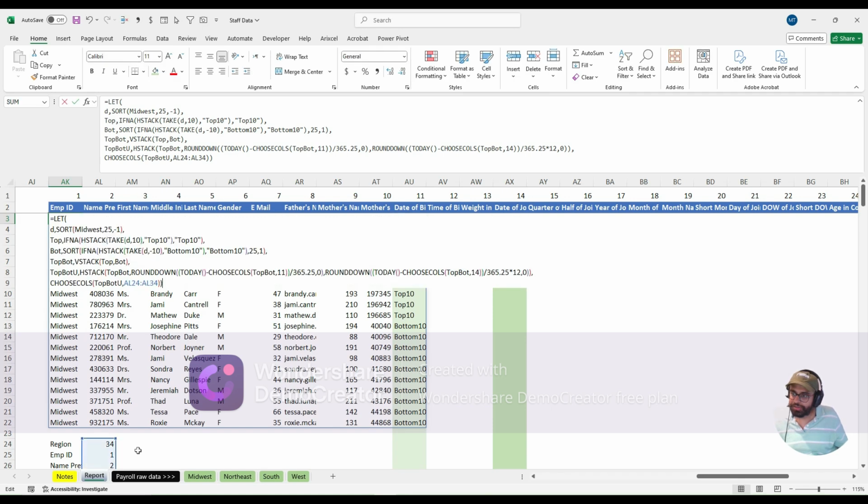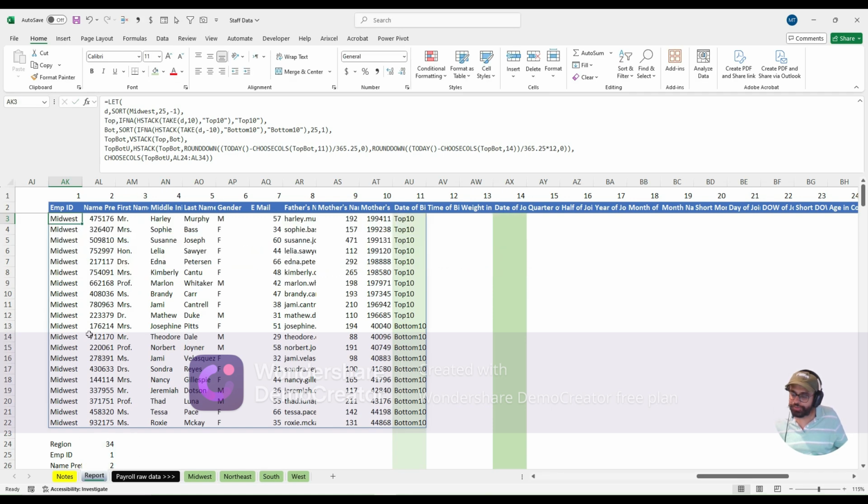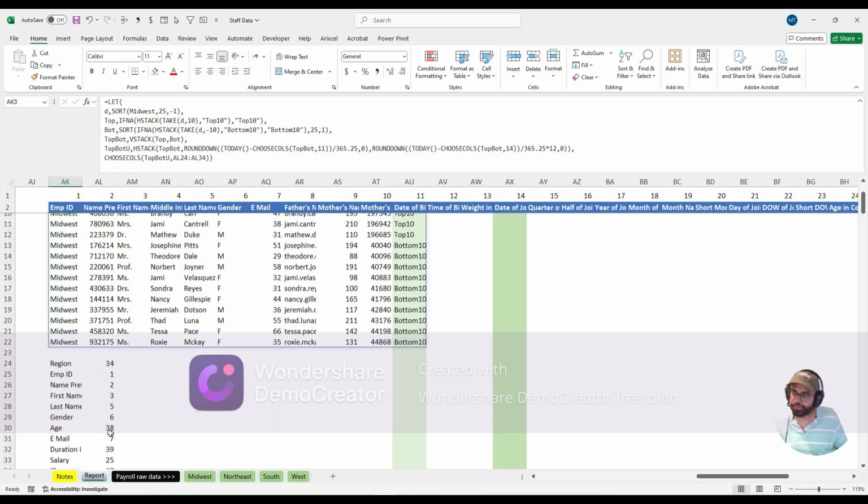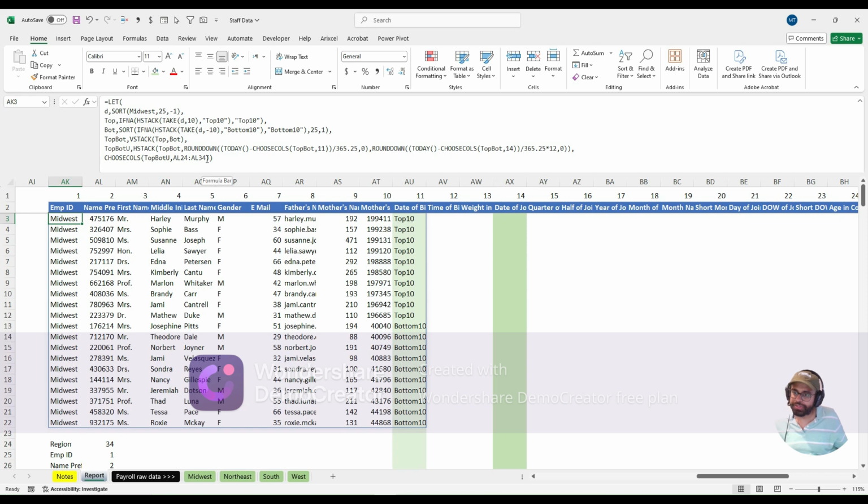Now, what it does is bring the region, that's my column number 34, and then column number 1, and so on, right? So I don't want this to be linked to anything. What I can do now is select this entire thing and press F9 on the keyboard. You see, when I hover on it, it shows me this list. So I can press F9